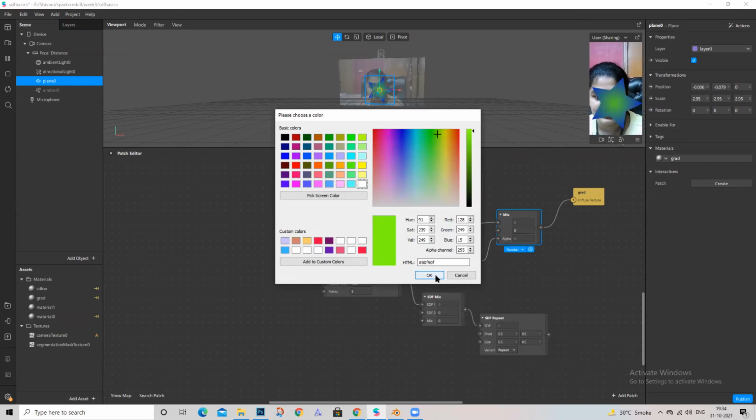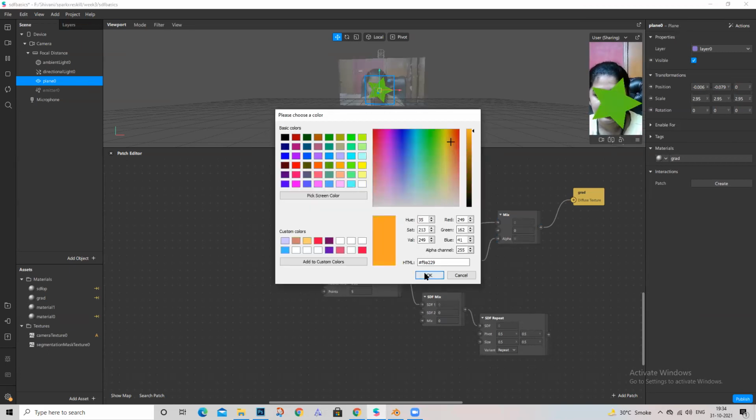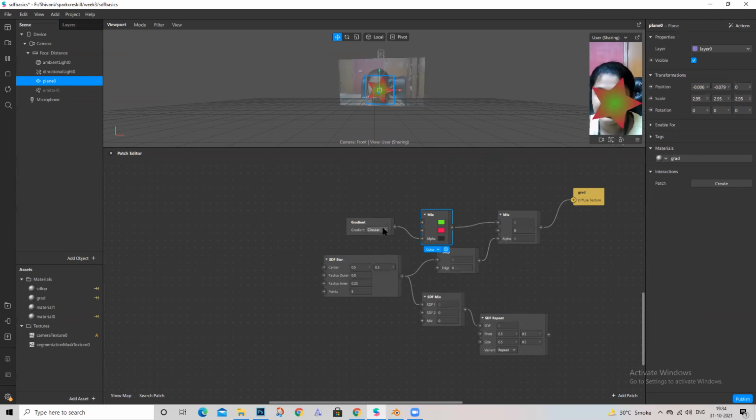You can also choose external colors, but then see, the gradient is happening in circular currently. I can turn it to vertical. I can turn it to horizontal. So this is how you can do gradient. You can use whatever shapes you like, and basically this is what gradient patch does too.